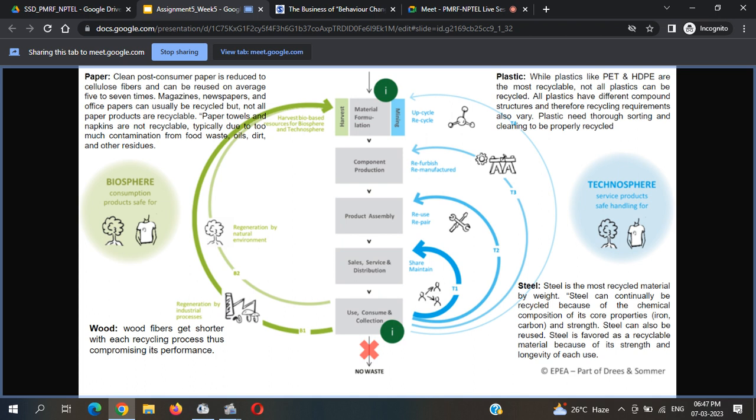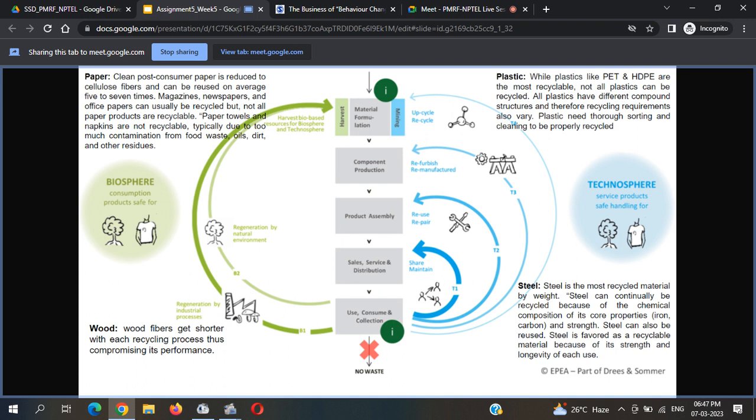Then coming back to plastics, in the previous week's session, we studied that not all plastics are easily recyclable, although some plastics are. Plastics like PET and HDPE are the most recyclable ones, and they can be recycled several times. So they fit this, but they also have to be segregated from different materials in their product. Because all different plastics have different compound structures, they cannot all be recycled together, and they have to be segregated